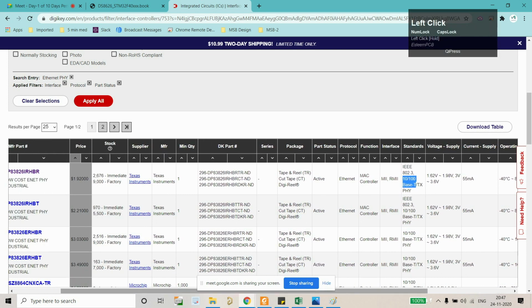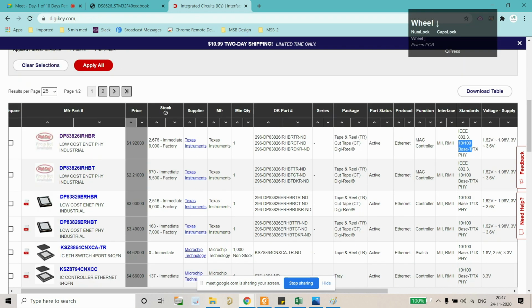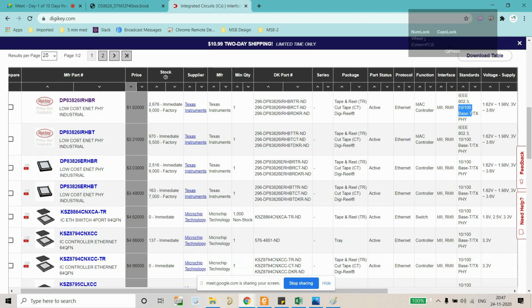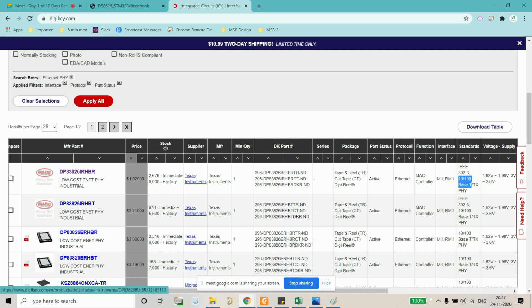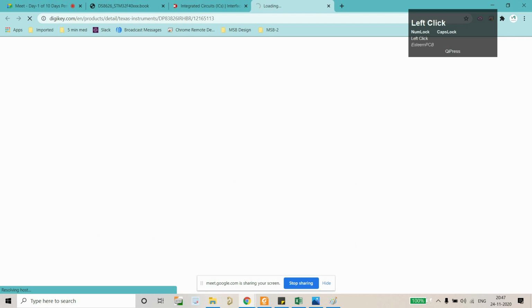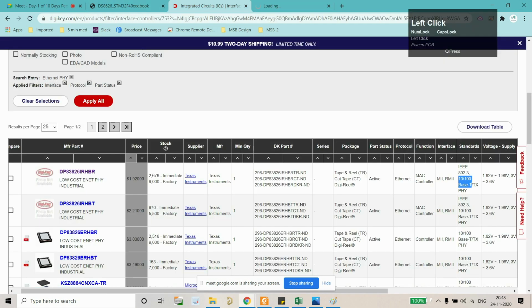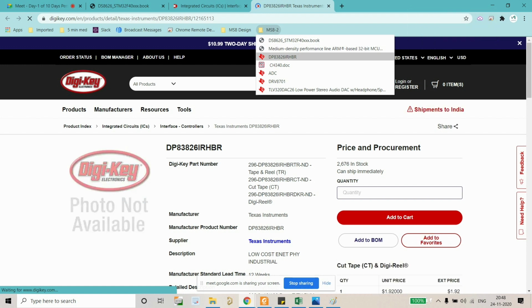Okay, now we will see the data sheet. Again, we have multiple options here, right? I will tell you just after that what we do in case of multiple options. Okay, so I'm just going to open the data sheet to discuss more things, or we'll just simply search for its data sheet. I've already, I guess, bookmarked the data sheet here.